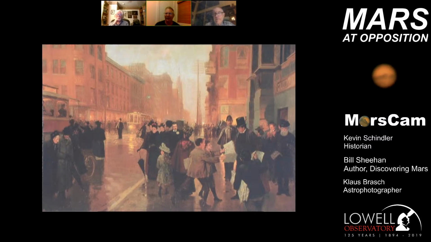There was no light pollution. There was no smoke pollution. There wasn't much anything going on here. It was the Wild West. There were 800 people in Flagstaff at the time. And so